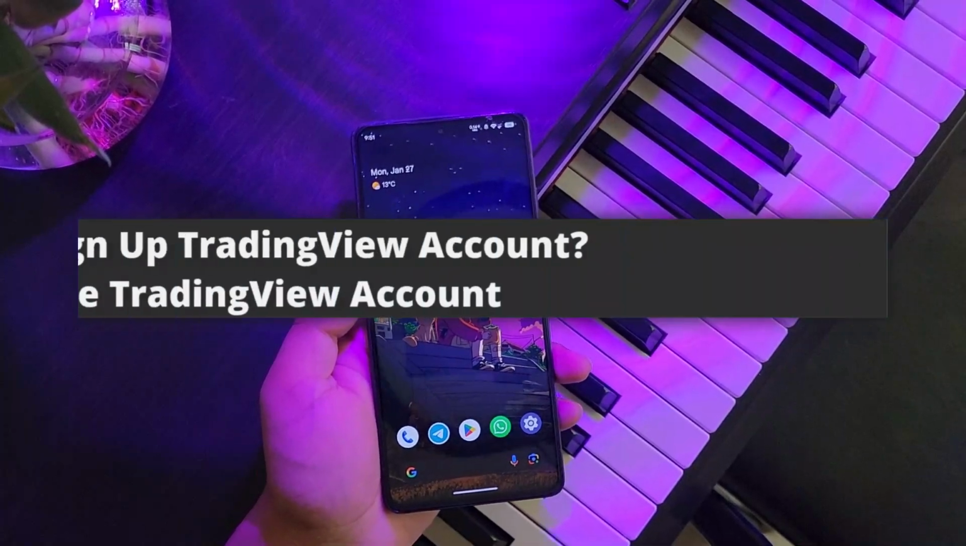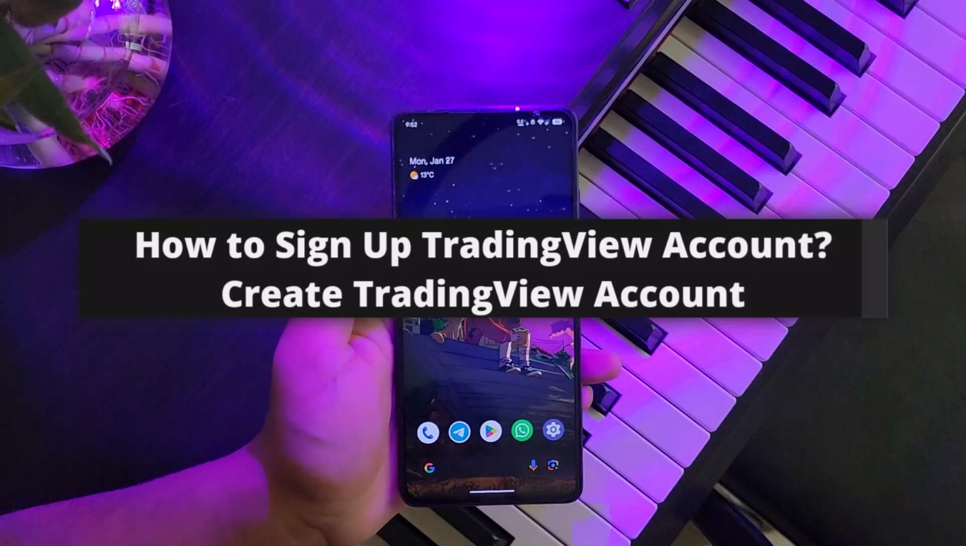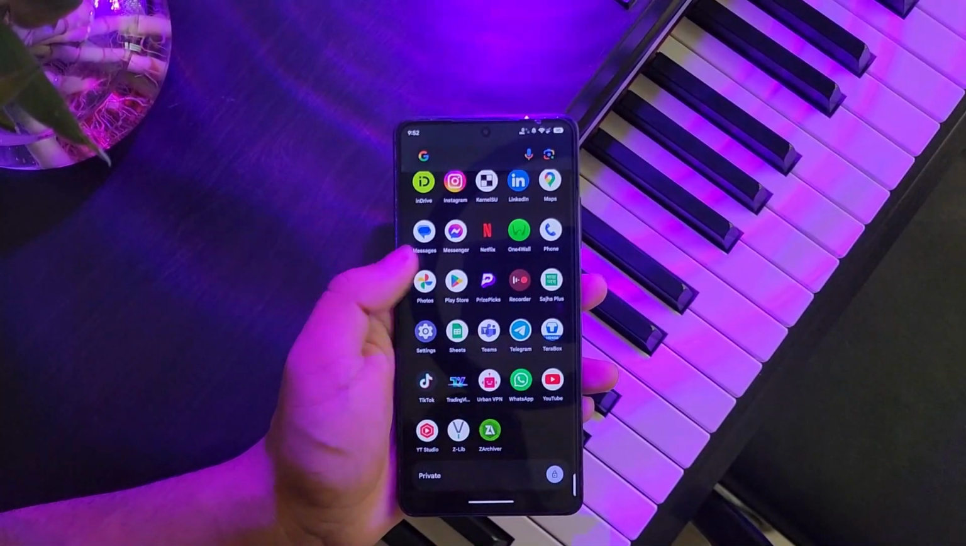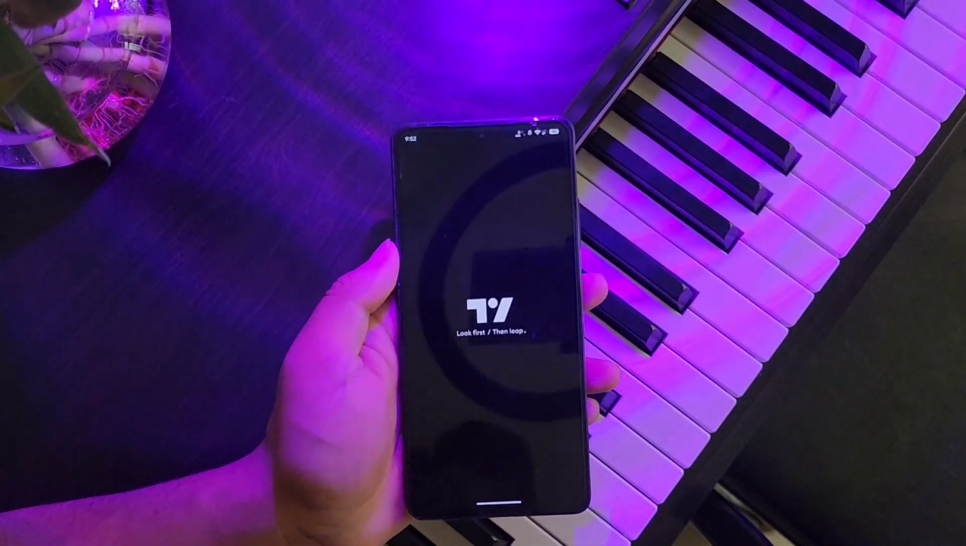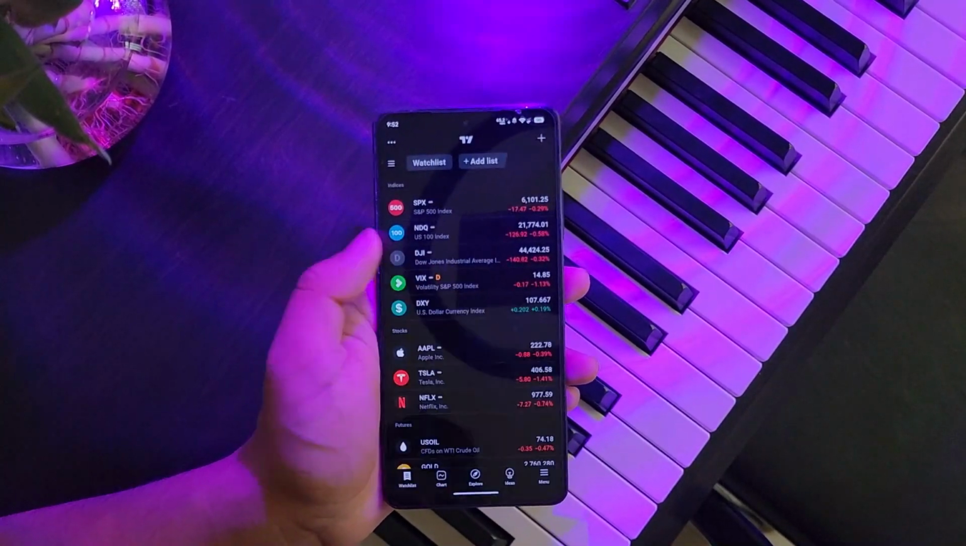How to sign up for a TradingView account, create a TradingView account. Now if you want to sign up or create a TradingView account, all you have to do is first launch the TradingView application, and this is the type of interface that you will be